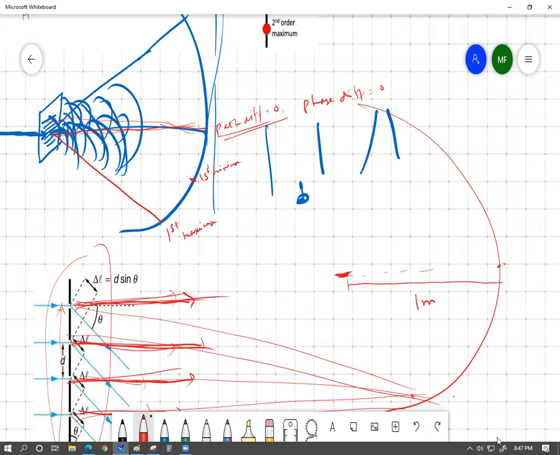And what happens in the first maxima? What we learned from our double slit experiment? In the first maximum position, the path difference of the two slits was how much? 1 lambda, right? Yes, sir. In the first maxima, the path difference would be 1 lambda, which means